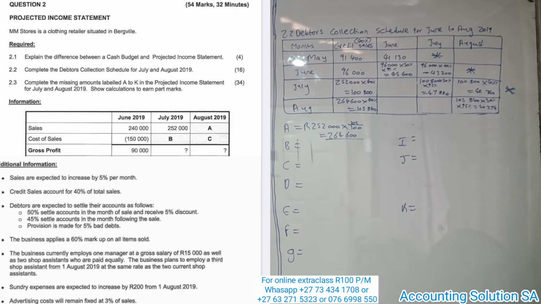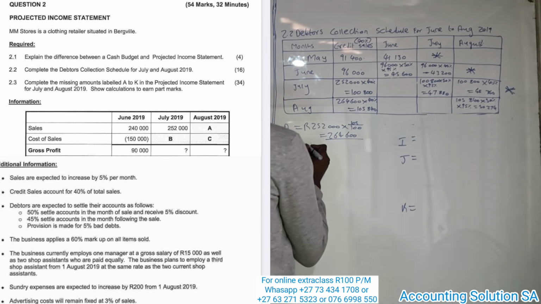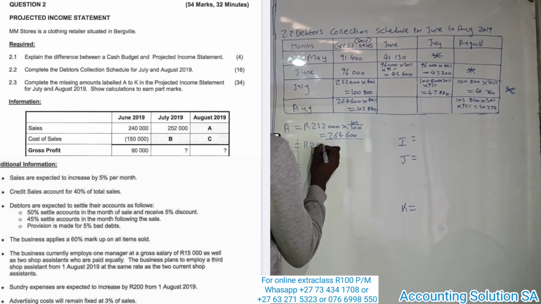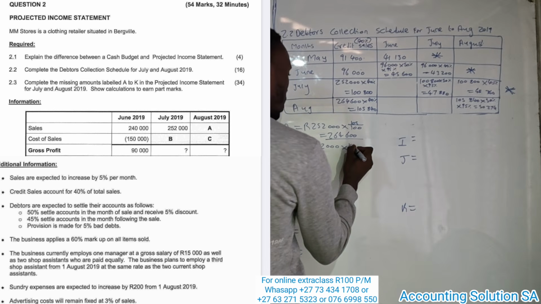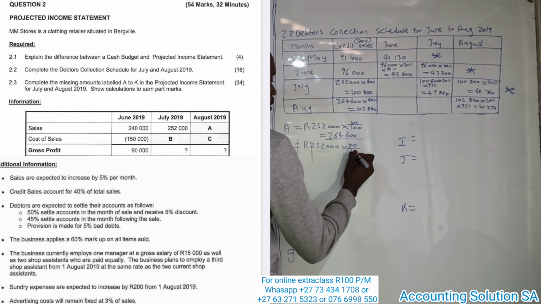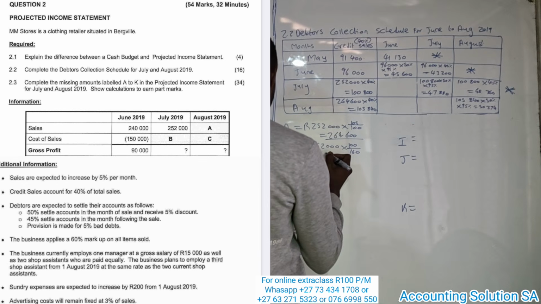Okay. Now let's go back to our question. Complete the missing amount labeled by A to K. I already drafted that. Number A is already calculated, and for number B, they are looking for cost of sales. Bullet number 4: the business applies 60% markup on all items sold. Now here we are going to calculate a markup. So we are given a sales, we want cost of sales. We're going to say 252,000, and we apply markup of 60%, which we are going to say 100 because we are looking for cost of sales over 160,